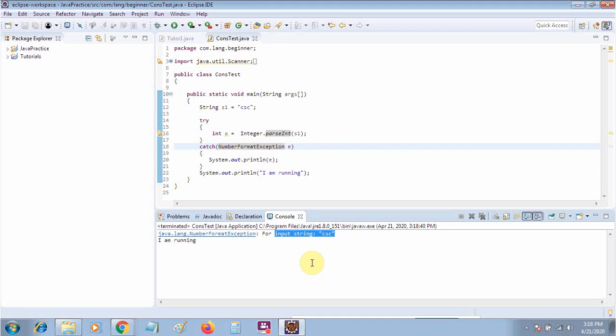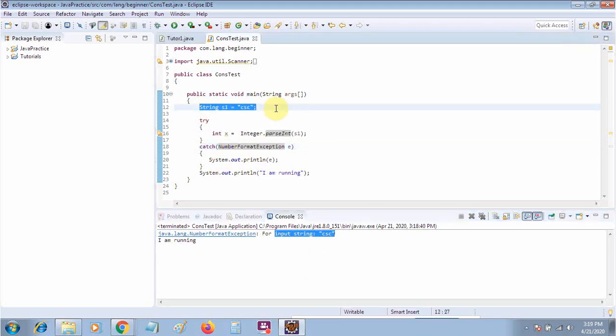Now let's discuss one more, like array index out of bound exception. Suppose that you have created an array like int array is equal to new int. I'm giving it a size of 2, and now I'm trying to access the value of it at the